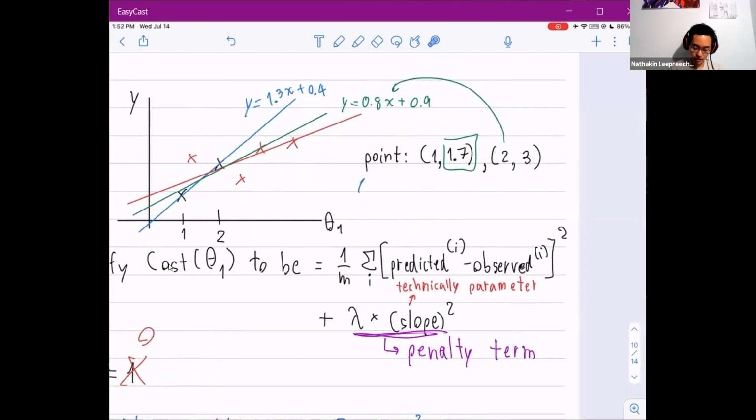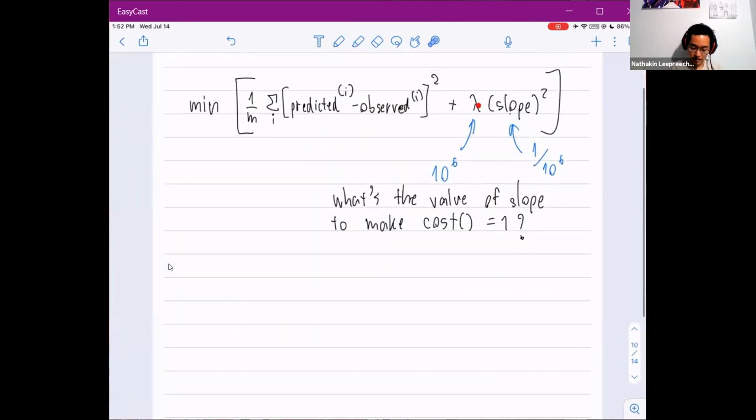But if you set the lambda to some high number, in order to minimize everything, then you're going to multiply it by some low number so that it kind of balances it out, and then hopefully you get the minimum value, right? And so in order to do that, we must set our slope to 1 over million,